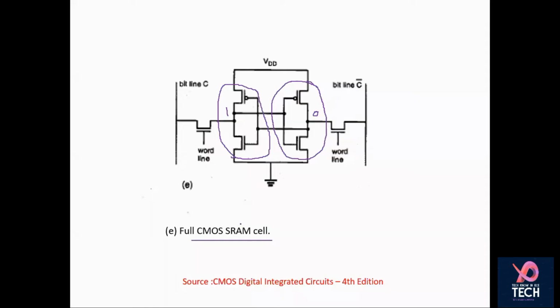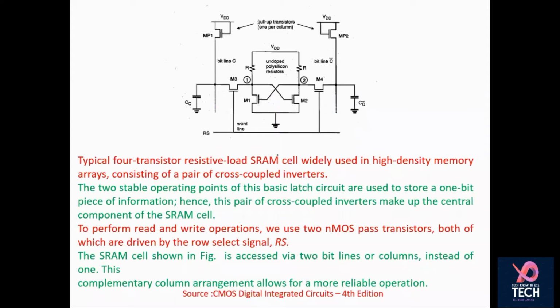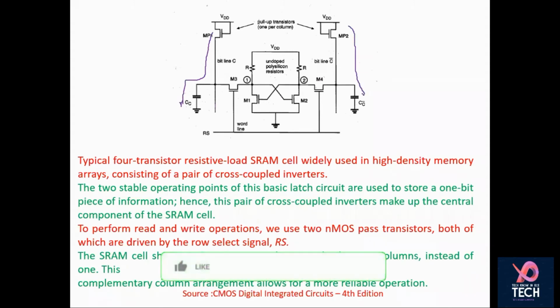So now next we move towards your SRAM cell using this particular thing. So this is now the bigger picture of your SRAM cell. Till now we were just focusing on this region. Now here you can see we have pull-up transistors. What is the purpose of these pull-up transistors? Basically to charge these bit lines. This is bit line, this is bit line bar. So these two need to be charged, and that can be done with the help of these pull-up transistors.